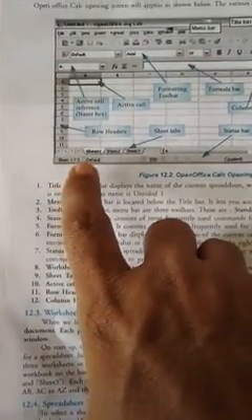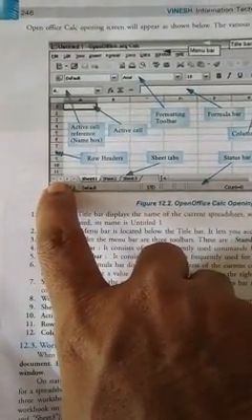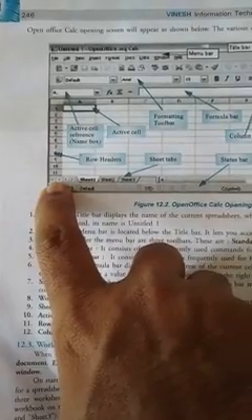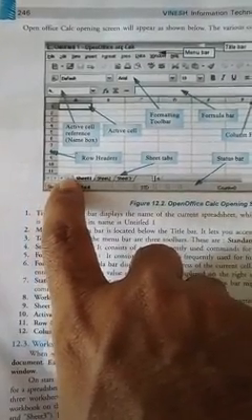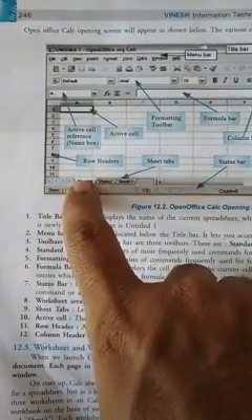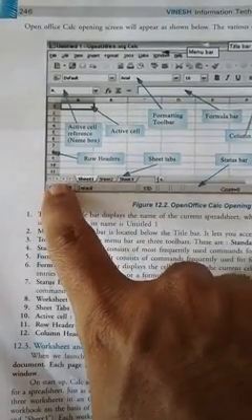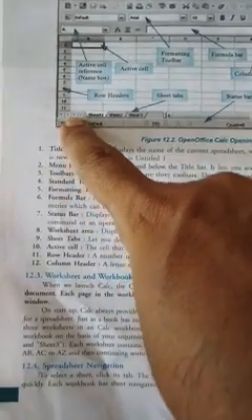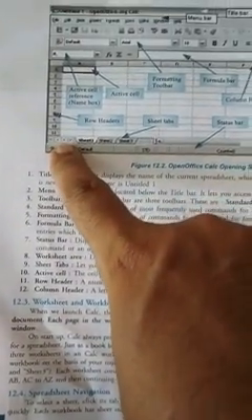Then the spreadsheet navigator: these small arrow marks are called the navigator. From one sheet you can switch to another sheet through these arrow marks.